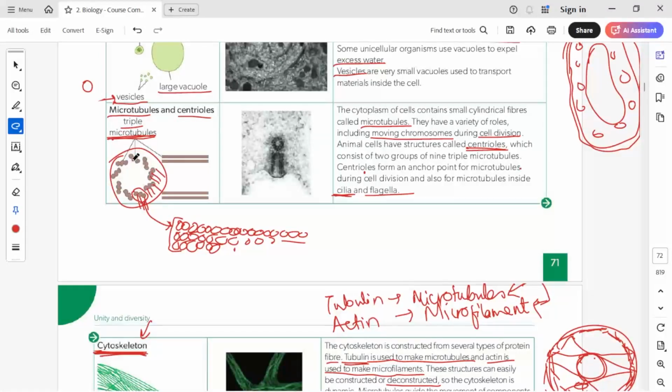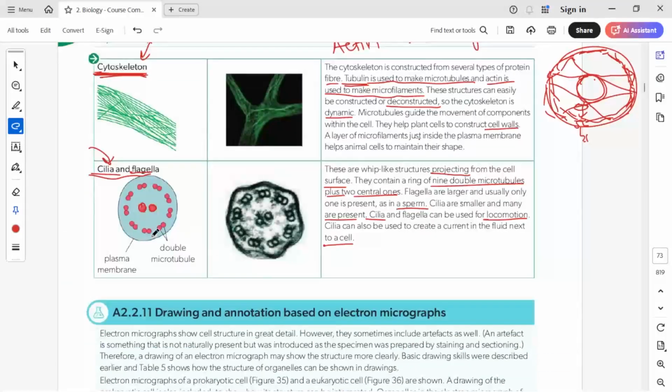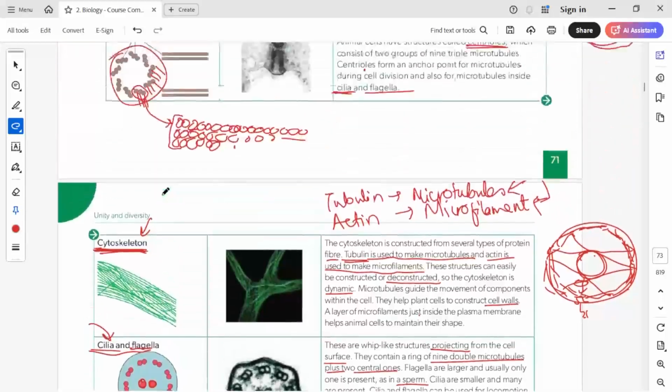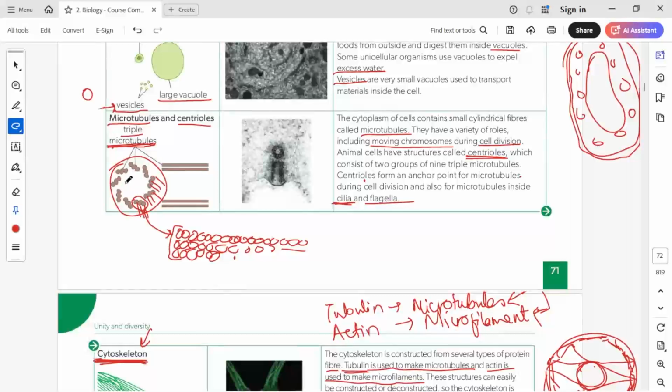Groups of 3 microtubules, in a circle made up of 9 such groups. Cilia and flagella have 9 groups of 2 microtubules, and 2 singles are present in the center, while in the spindle fibers no such single central microtubules are present. So understand the difference between these. All of them are made up of microtubules generally, whether you talk about spindle fibers, cilia or flagella, but the arrangement of microtubules is a little bit different.